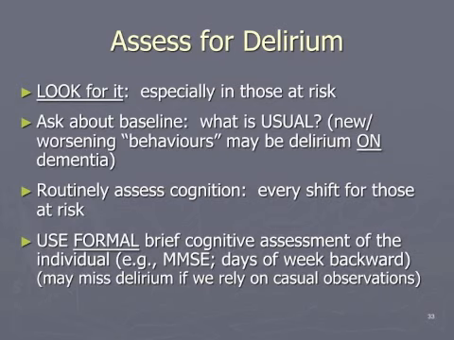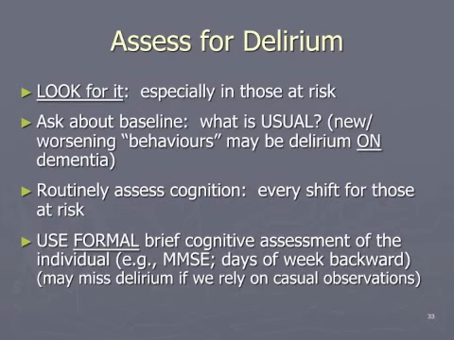And when a family member says to me, two weeks ago, Mom was driving to her golf course and managing her own bank account, and the person we see in the bed now is quite confused and unable to interact with us, then that's a really clear indication that there has been an acute change in the person's cognition, and a big trigger to us that this is likely a delirium. But families themselves often assume that when the person becomes confused this must be dementia, because they hear a little bit about dementia in the media and they may not have the knowledge to distinguish between dementia and delirium.